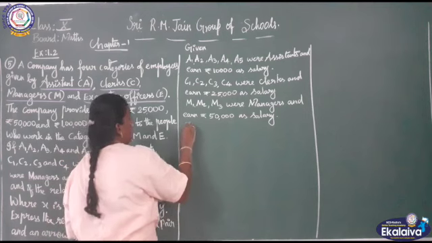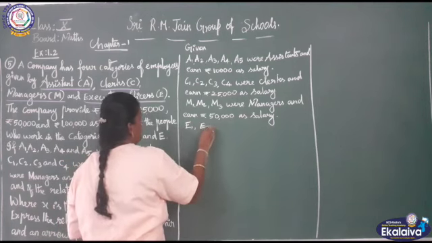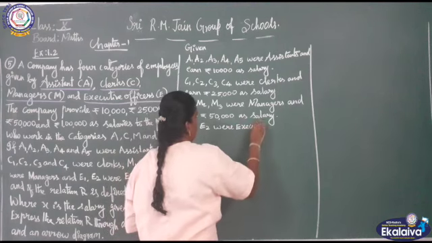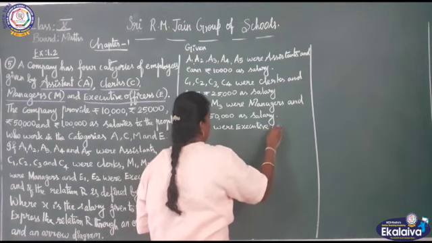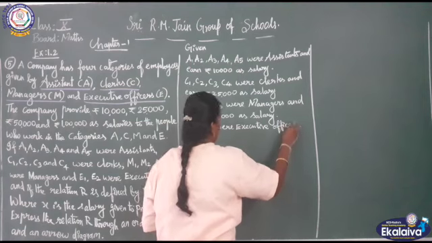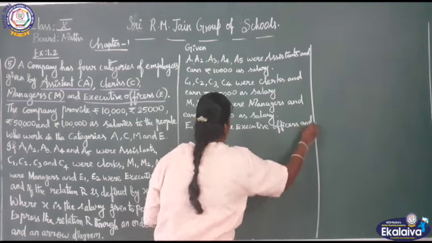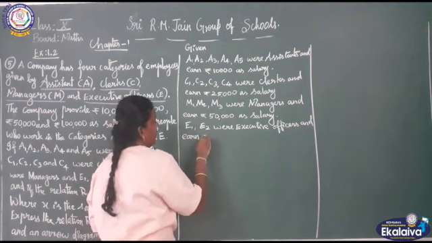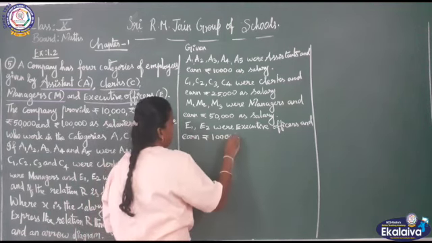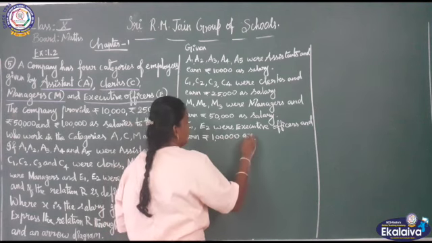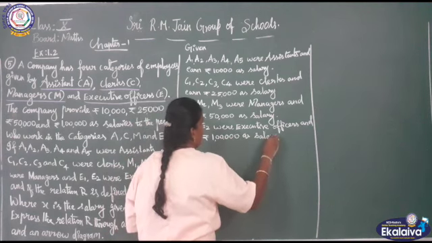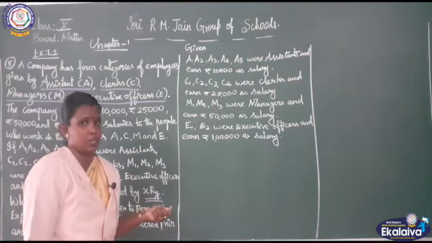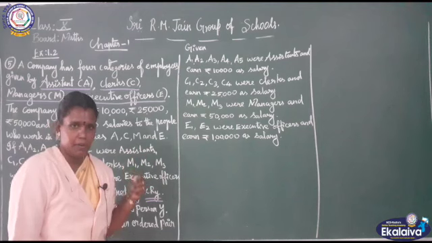Next, E1, E2 were executive officers and earn rupees 1 lakh as salary. So first we write what they gave in the question as a statement, then we have to proceed with